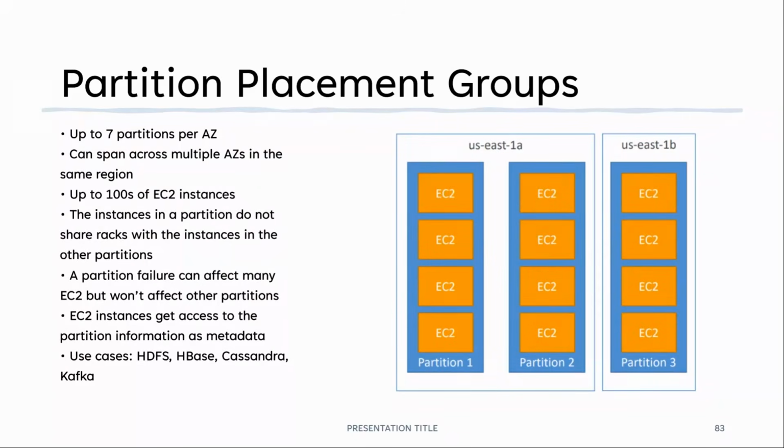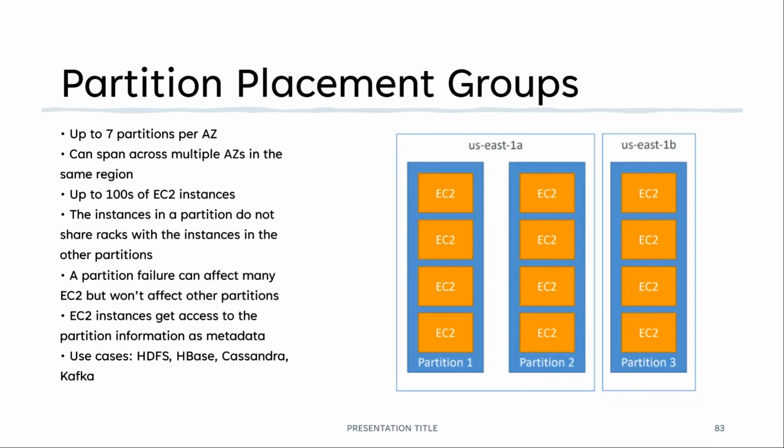Now talking about partition placement groups. Basically, you can have up to 7 partitions per AZ, and they can span across multiple AZs in the same region. If you're going to compare partition placement groups and where you're going to use them, just think about Hadoop. Where you need distributed storage, like HDFS, HBase, Cassandra or Kafka, any of those kinds of requirements, you should use a partition placement group,